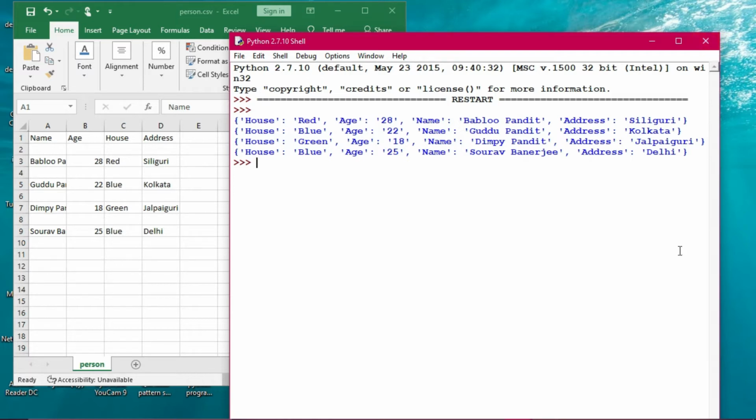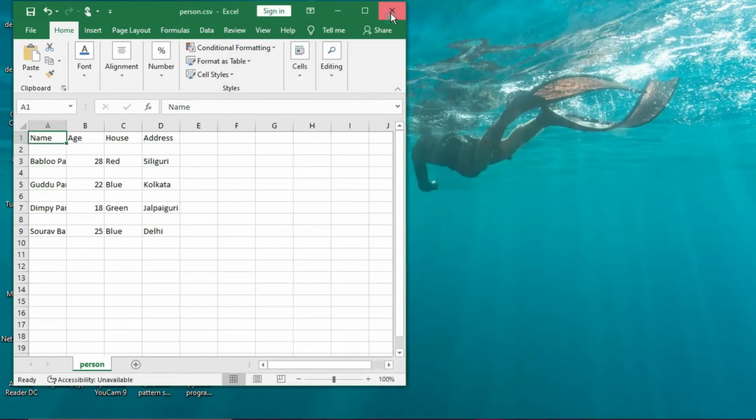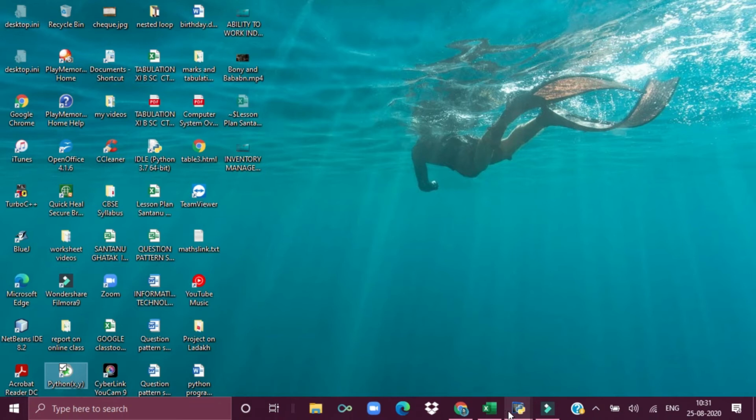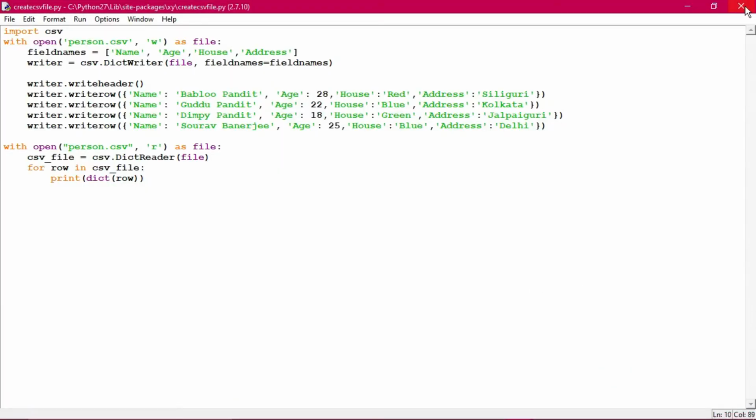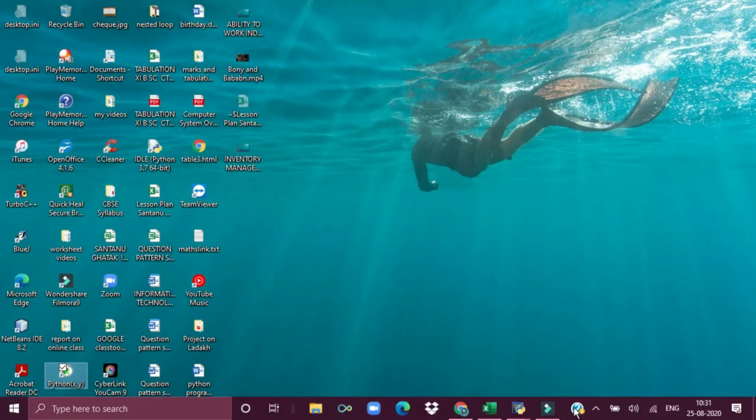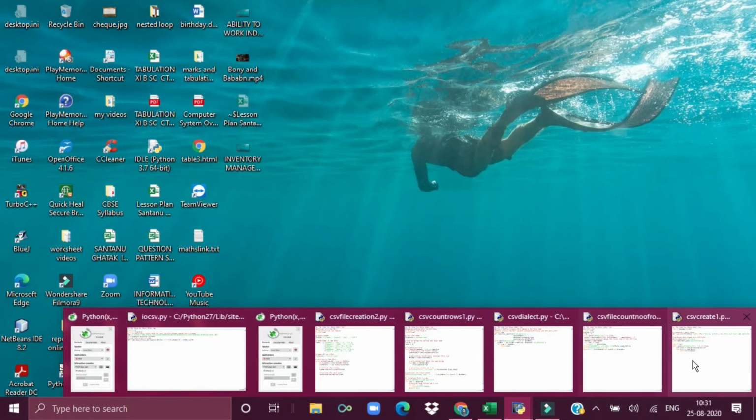So at least you can say that, okay, we have learned how to create a CSV file without going to the spreadsheet package. That's what I have demonstrated now. A similar file I will create right now. Okay, see another program, another type also I'm showing you. This is the one that we have done right now, so I'm closing this one. Okay, so I'm coming to another file to create.